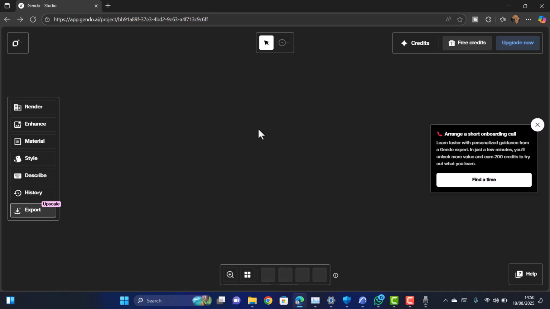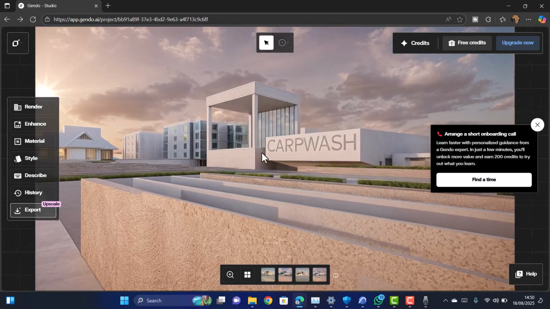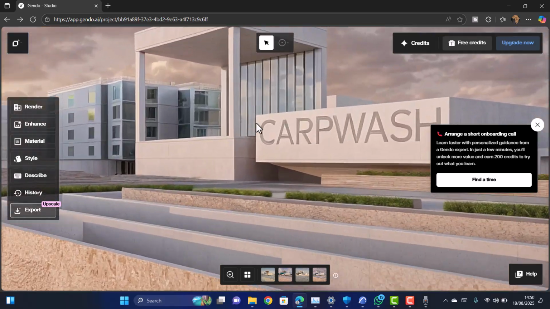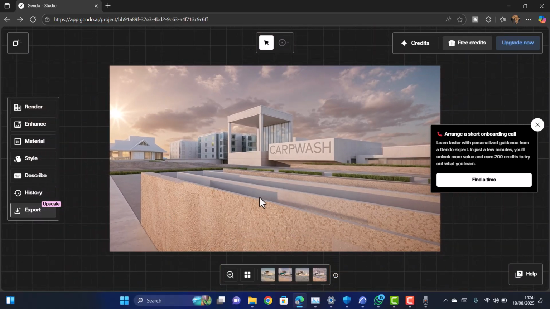But what I can say is, after about 2 months of using it, I see it's getting better. Like this render, I pretty much like it. The only thing it messed up was the carpets, because the shot was showing that this is a carpet wash. So this is a carpet